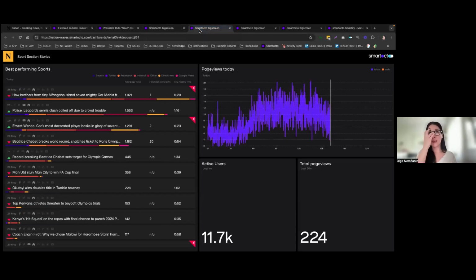Another example is a team or section-specific dashboard, which is designed to support a particular team and help them focus on the work they can actually influence. So on the left-hand side, you will see all the stories from the sports section today and all the respective metrics that we know the newsroom cares about. And on the right-hand side, you will notice that we have page views today,